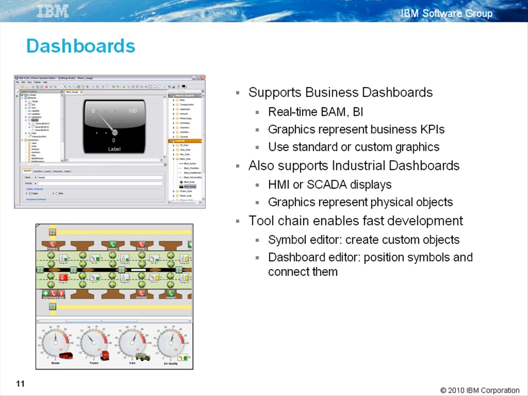The symbols on these displays are typically dials, charts, gauges, and the like, but with JViews Enterprise they can be any symbol that has been created with the symbol editor. An industrial dashboard, also called a human-machine interface or SCADA screen, is used to depict the current status of physical